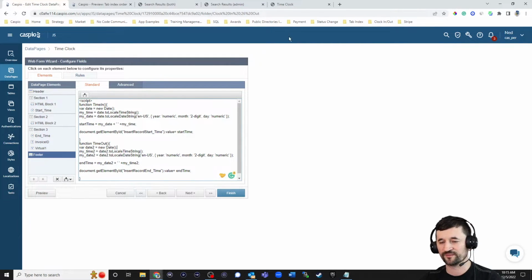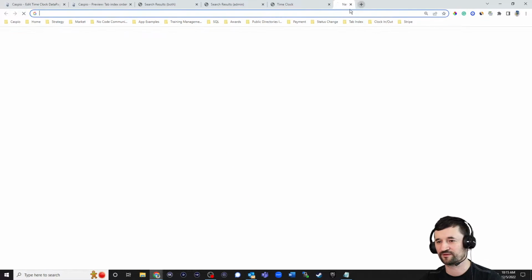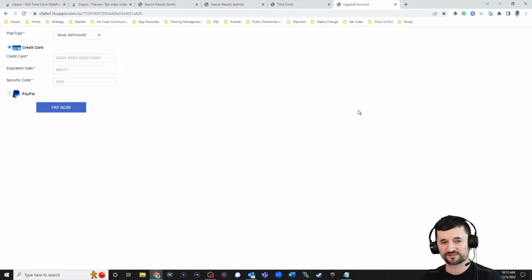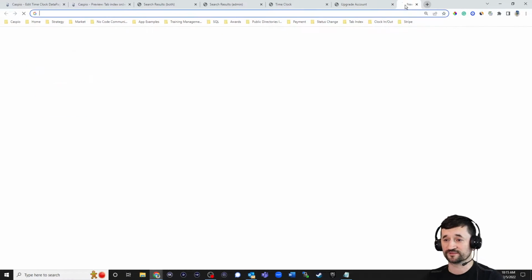And for the final thing that I mentioned with Zapier and Stripe, I successfully connected my Stripe account, that's why you're able to see these credit card fields. So credit card expiration and security code. You can also have the optional PayPal if you want to pay that way. But because I'm using Stripe, we can input that information here. You select the plan that you want to upgrade to, which is kind of common if you're doing a subscription type model. But then if I go to my Zapier account,